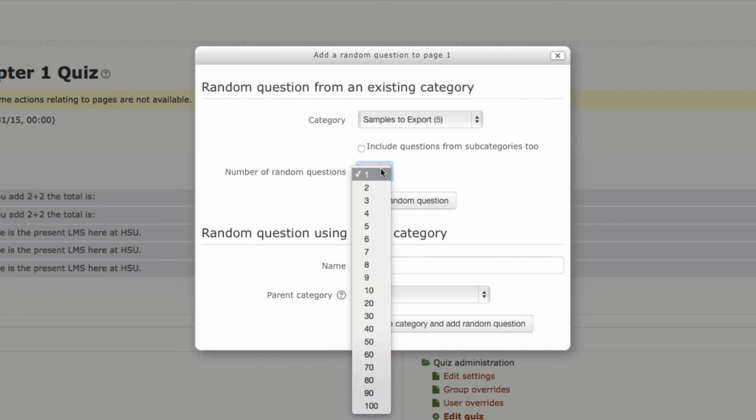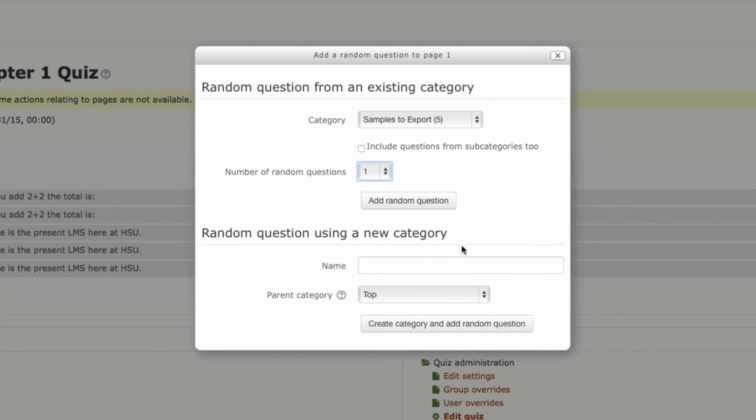In this case, in our example, we don't have a lot of questions, but you can put from 1, 5, 10, 20, 30, as many as you want, or you can build random questions from a new category, and this is an opportunity to move things around within your question bank.